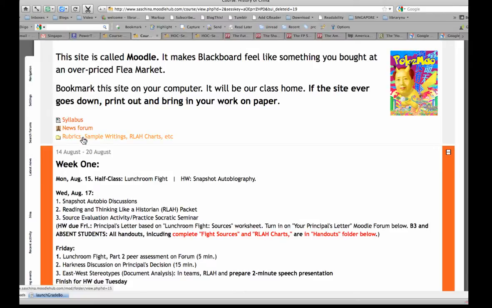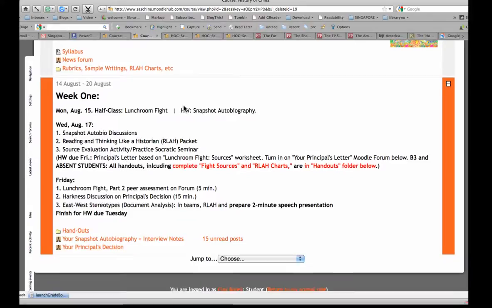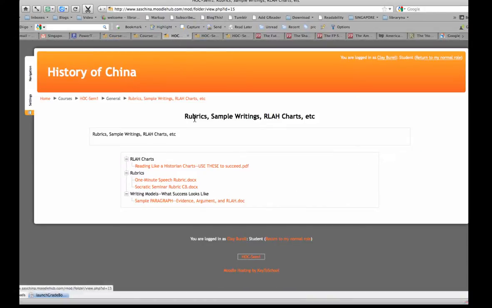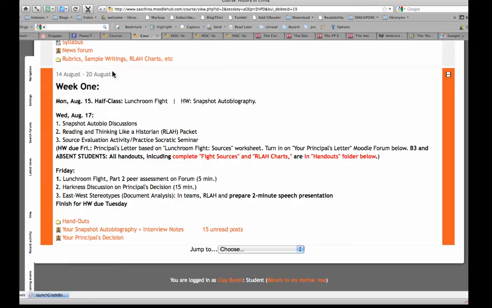And finally here, rubrics and sample writings and reading like a historian charts, etc., it's a folder. So that's a folder with all the stuff that will be useful semester long. There will be other folders week by week. Here's this week. You notice down here it has a folder, right? So what is in this folder?